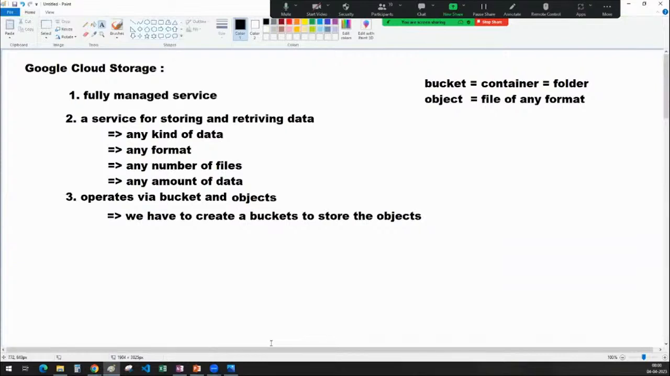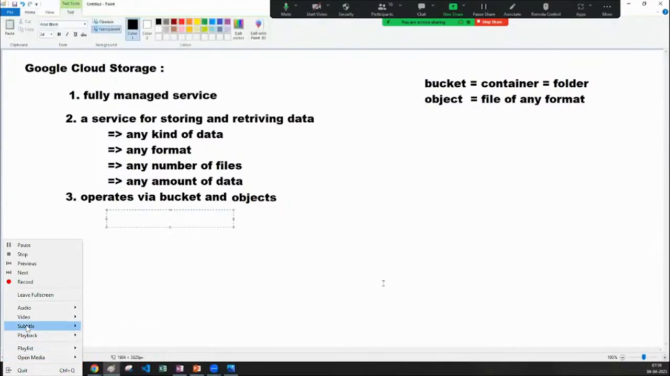Okay, how does the Google Cloud Storage operate, sir? A Google Cloud Storage operates via bucket and objects. So in terminology, what is a bucket, sir? A bucket is nothing but a container, and an object is a file of any format. And if I want to store some data inside a Google Cloud Storage, what do I have to do? I have to go to the Google Cloud Storage and create a container. Sir, if it is operating via bucket and object,